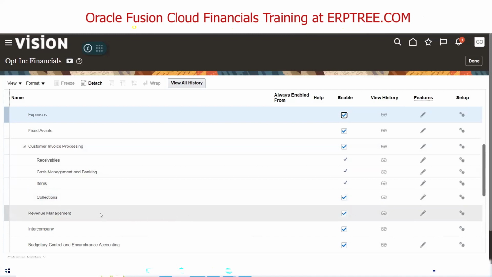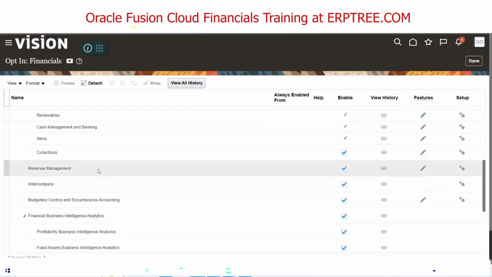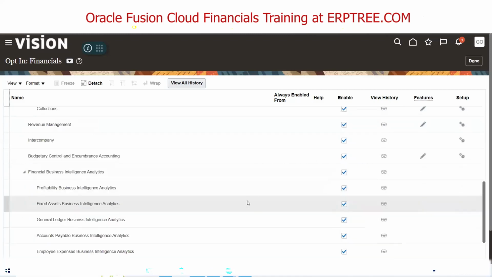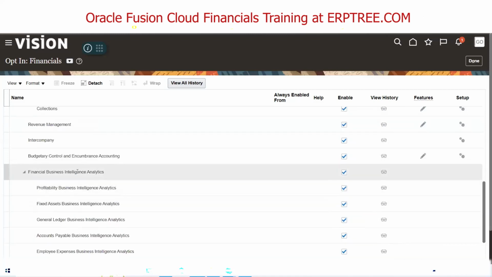The same way, if you are going to implement the revenue management application, you can enable the checkbox. Intercompany is a concept, budget is also a concept. Whatever you are going to implement, you can enable. Along with that, you can say